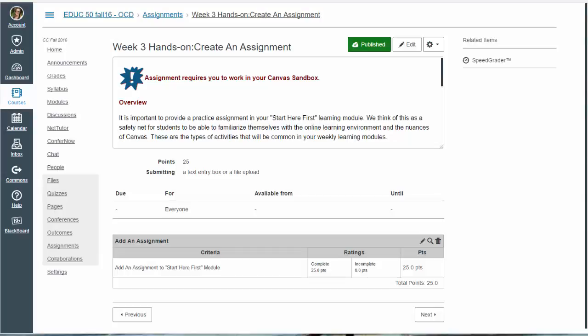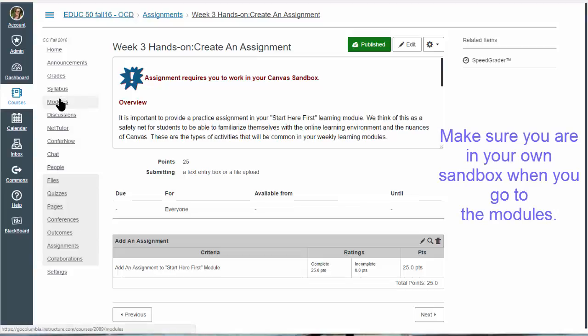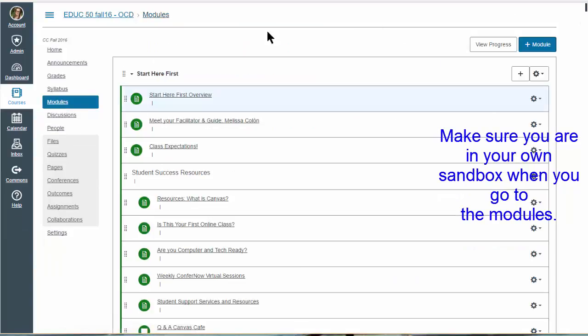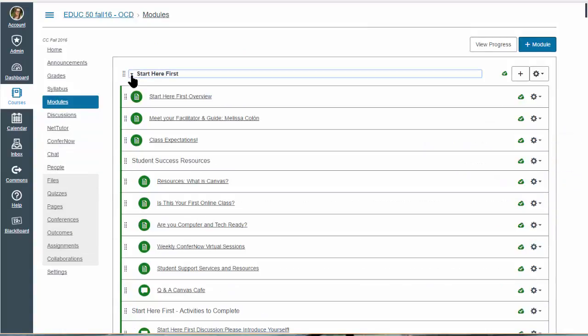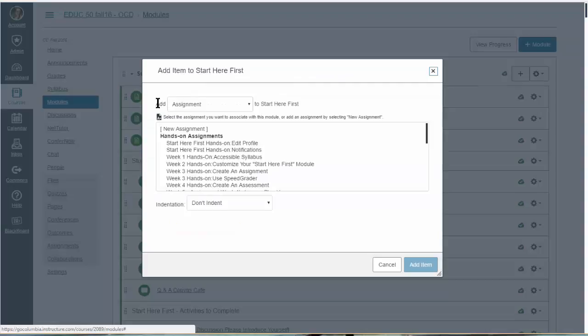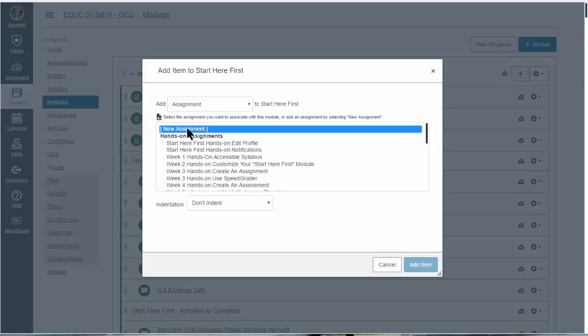Okay, so once you have downloaded that assignment and edited it according to how you want to use it, then you're going to come over here to the modules. And I like to go in sequence in my modules. So of course you would be adding it here in your Start Here First Learning module. And so to add an assignment, you would come over here to the plus sign, and then you would see the Add Assignment. It's the first item that comes up. And since this is going to be a new assignment, you would click New Assignment,